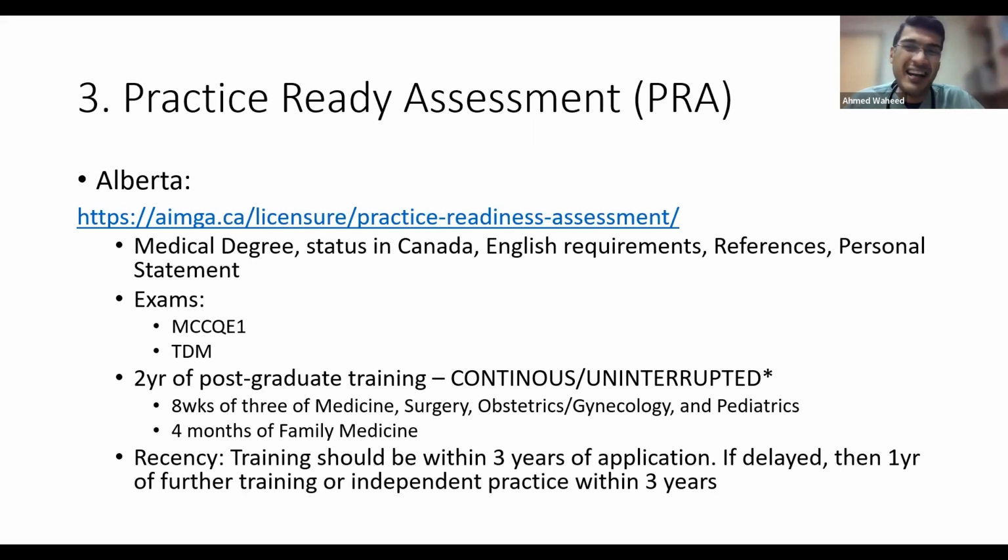They want you to have at least 1 year of independent practice in the last 3 years. Okay, so let's say you have been delayed even 1 day or 4 years, then mostly the people have to go back home and then they do 1 year of independent practice, and then they apply for that, or they can spend time in their further training too. It's up to you guys. Okay,